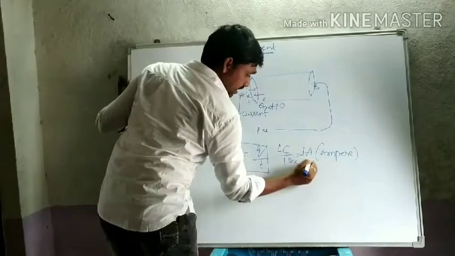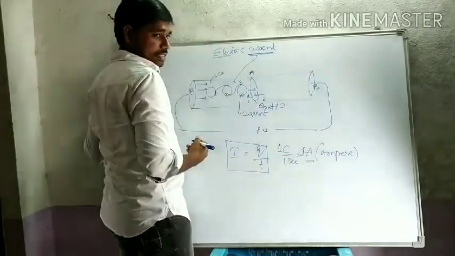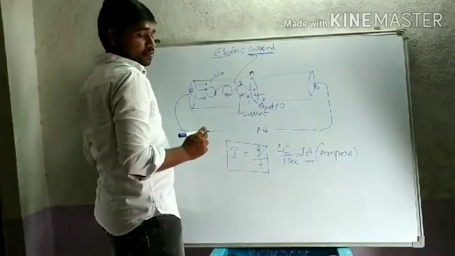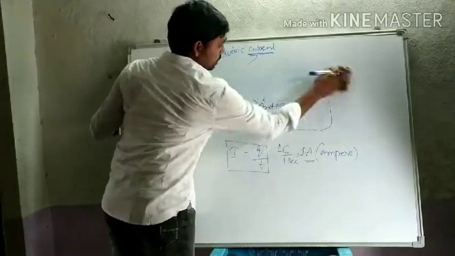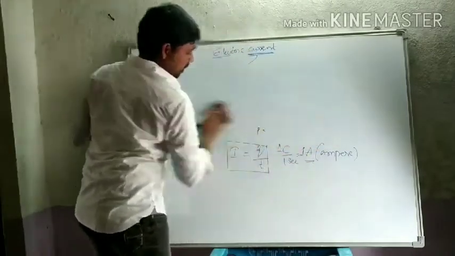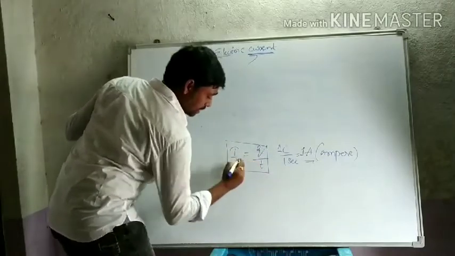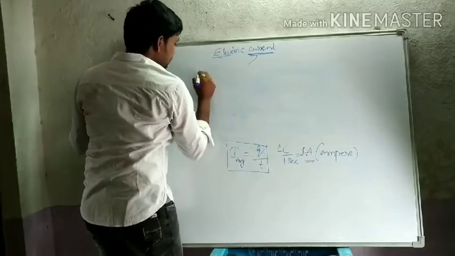While writing in symbolic form, since it is a scientist's name, we have to write a capital letter, and while writing the complete name we have to start with a small letter. So here electric current is the charge crossing the cross section area per unit time. This current you can call the average current, while instantaneous current